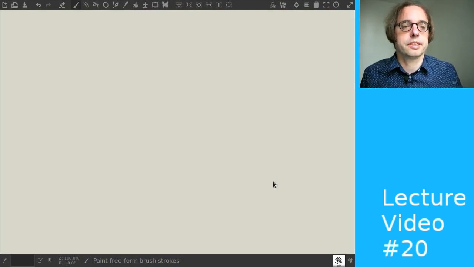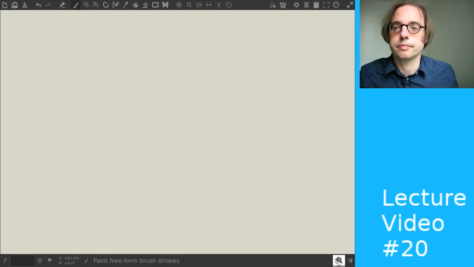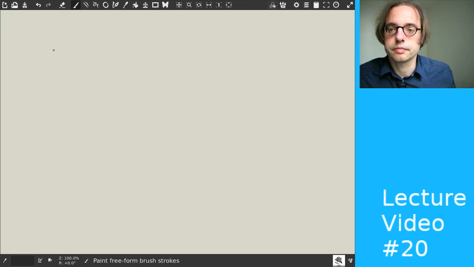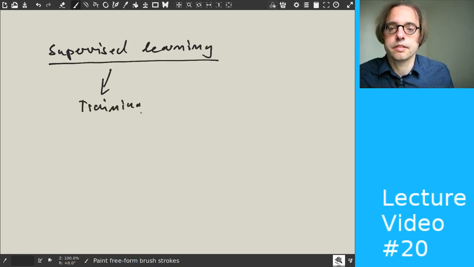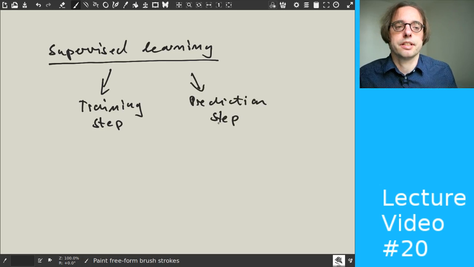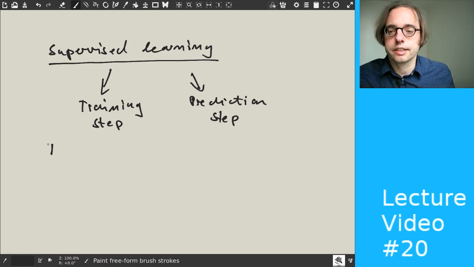I mentioned before that supervised learning has a training step and a prediction step, and both steps apply different types of data. So in the training step we have training data,